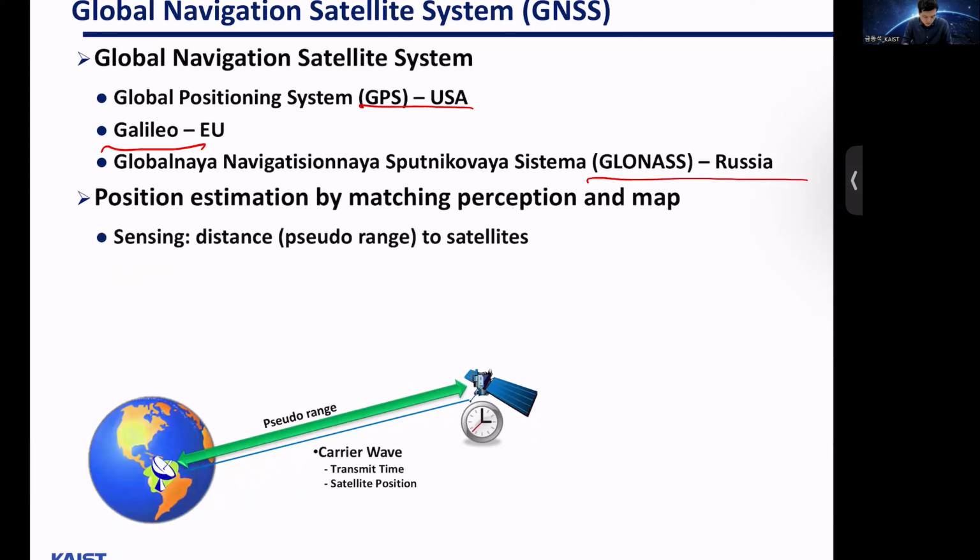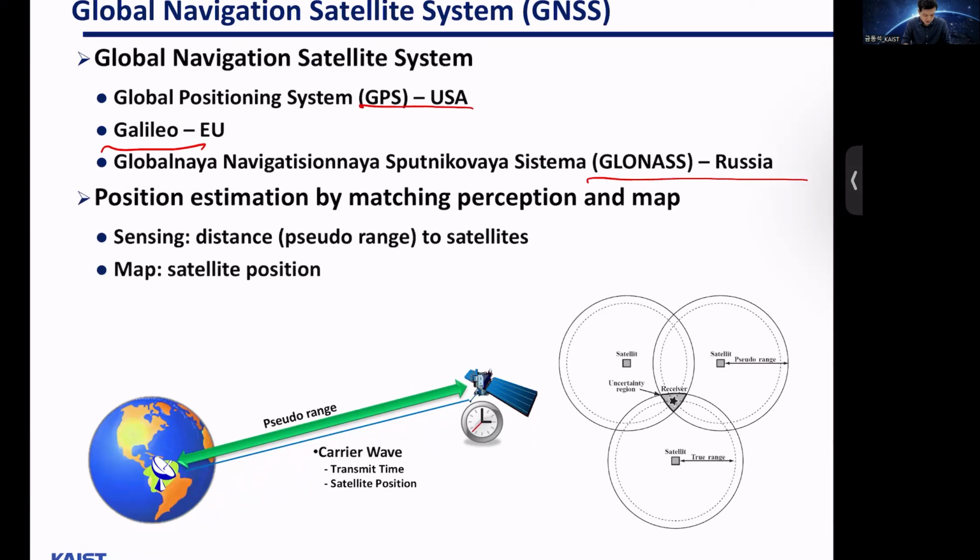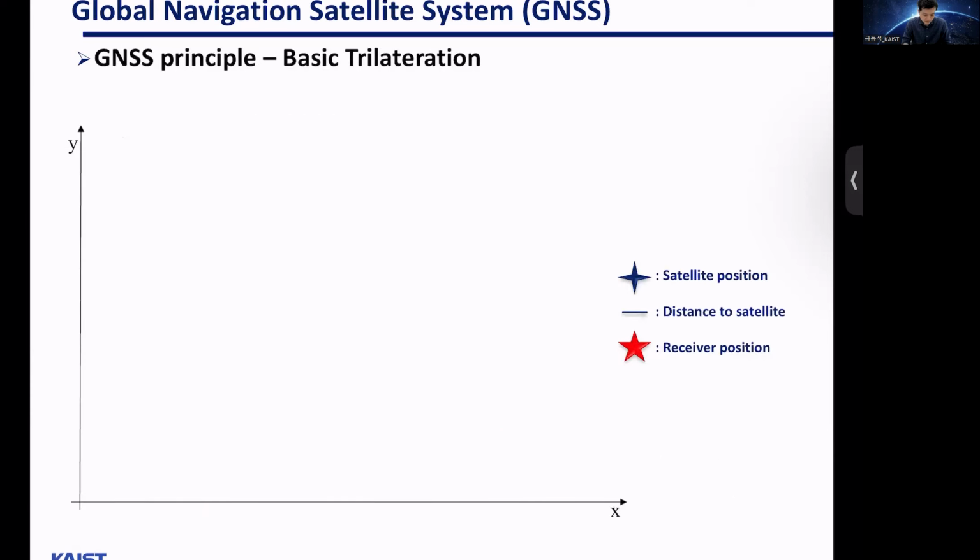And we can use these GNSS to compute the absolute position of the vehicle. And the GNSS principle goes as follows. So this is the trilateration technique. So for a 2D example,